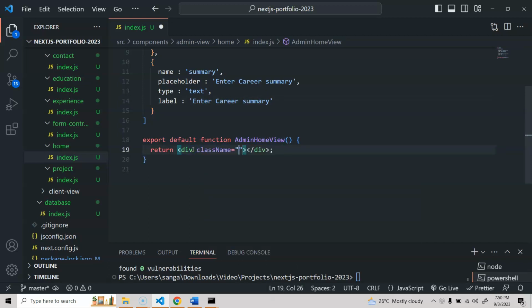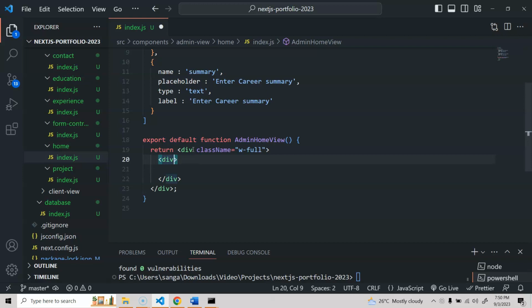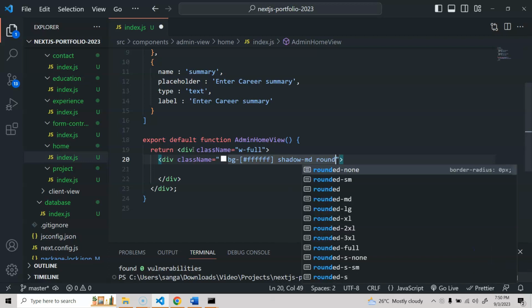For this one we are going to do width as full, and inside this we'll take another div with a class name. We'll do bg white using the hex code, shadow md, rounded, px of 8, pt of 6, pb of 8, and